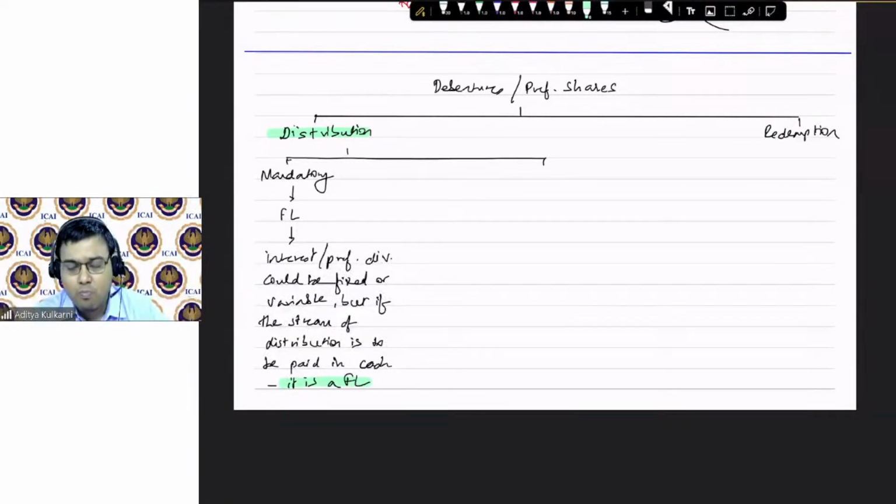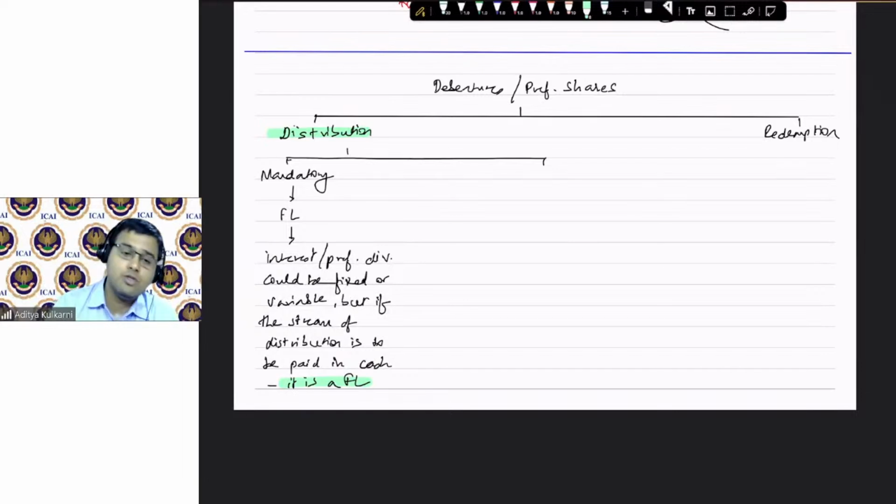Okay, so you have to be double, triple careful to see, because right now there are huge number of exotic instruments in the market. Okay, with the coming of startups, with the coming of these fresh instruments, you have to read the contract to see by ki cash flows what are there, what is mandatory for it to become a financial liability, or whether it will be an equity. Okay, now let us move on.